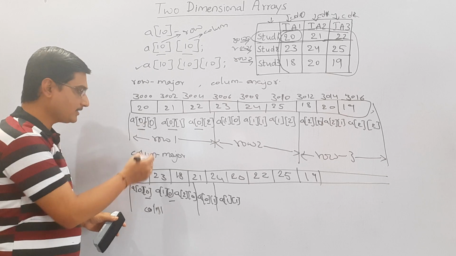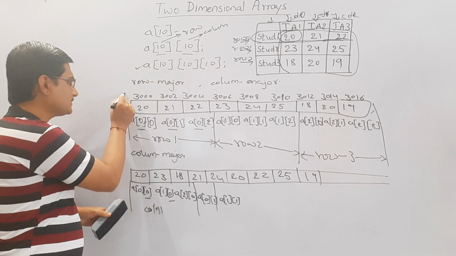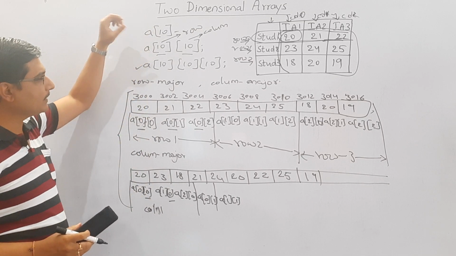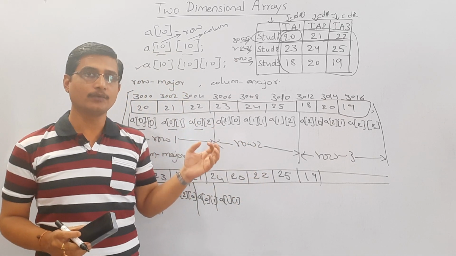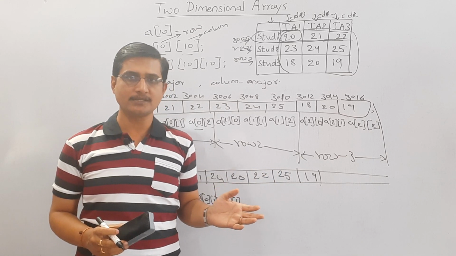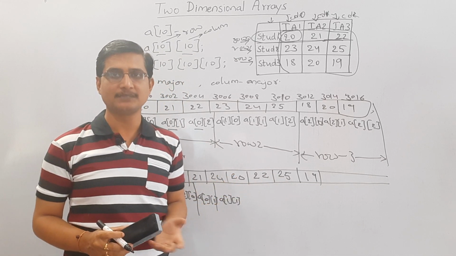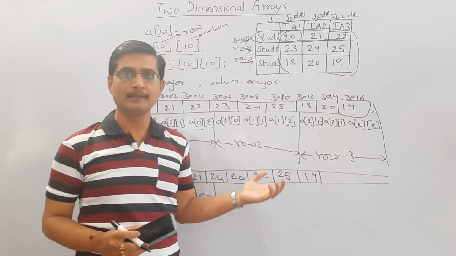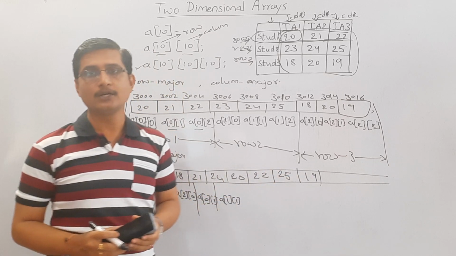So this is column major and this is row major. The very important part is, this is of course memory arrangement, you need not bother, but this is the way we declare and initialize the 2-dimensional array. There are many applications of 2-dimensional arrays. You may start with matrix multiplication, which is a simple example. This is the way we declare and how memory will be allocated for a 2-dimensional array.